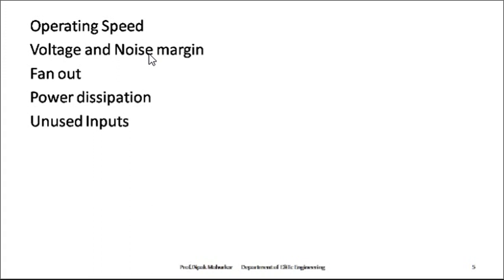Now for the noise margin, you can calculate the high noise margin VNH as VOH minimum minus VIH minimum, and the low noise margin VNL is equal to VIL maximum minus VOL maximum. So these are the terms noise margin and voltage, already discussed in the TTL family. Only the values are different. Then fan out: we know that fan out is how many CMOS inputs one CMOS output can drive. Then fan in: fan in is the number of inputs a gate has.